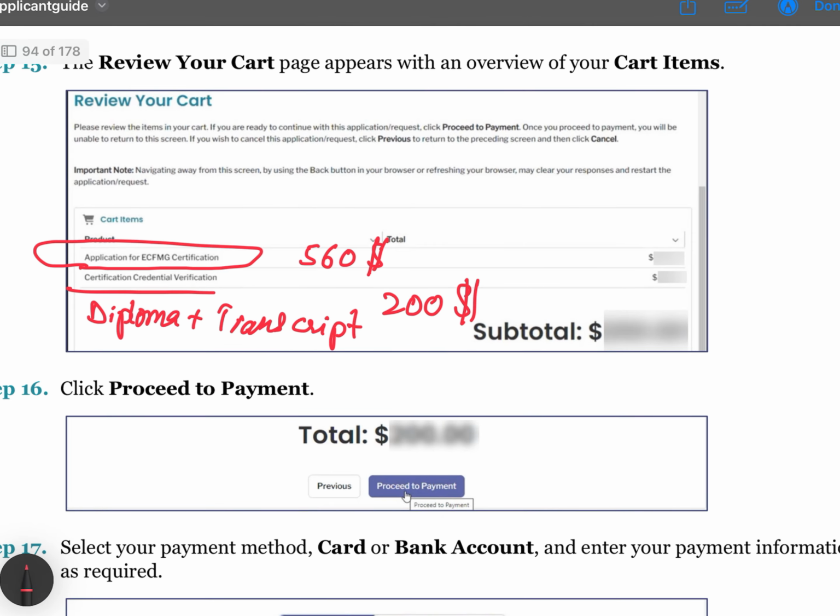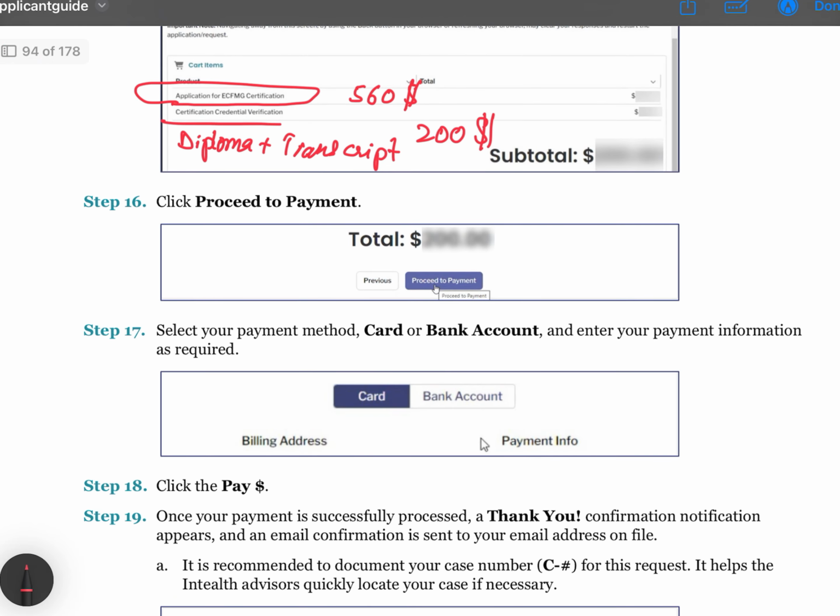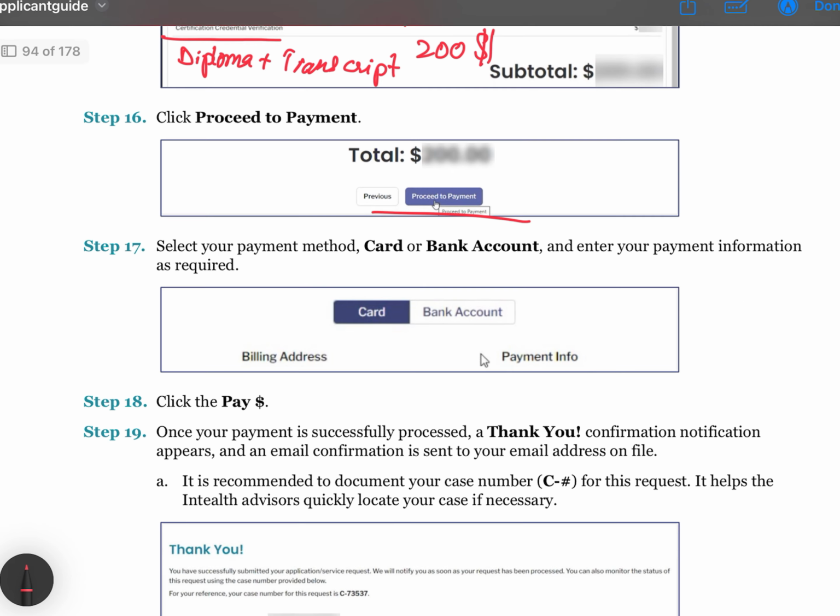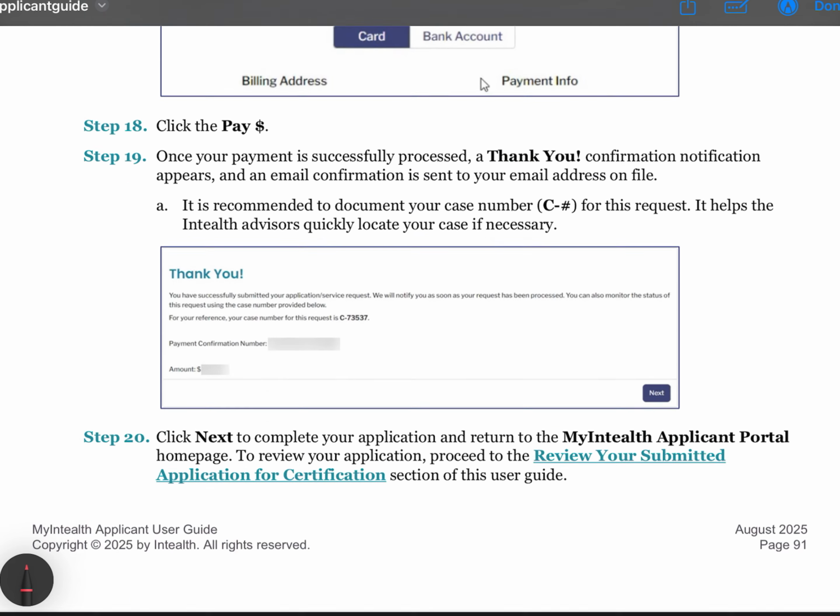And now you have paid all the fee, and you guys know how to pay the fee. You have to click proceed to the payment, add the card detail, billing address, all the things, and you will be